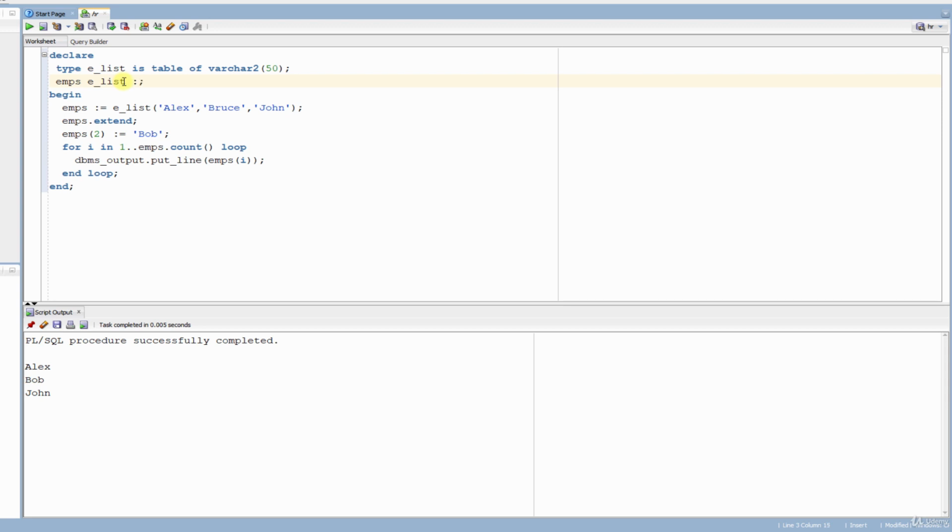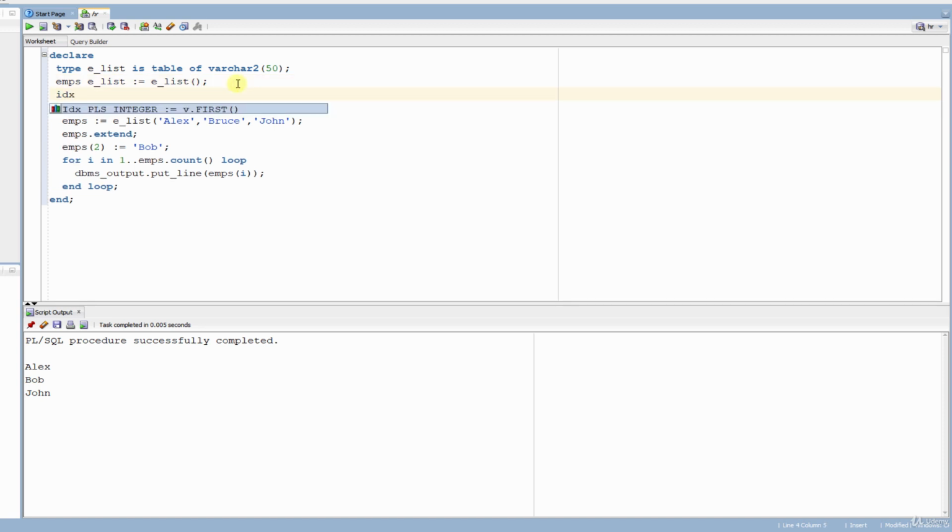eList is equal to e_list. This is the constructor method, and idx, let's say PLS_INTEGER, is equal to 1. Now let's delete here and write for x in